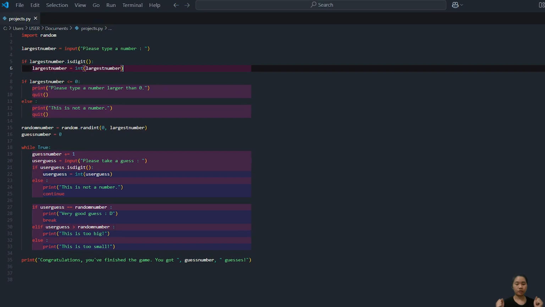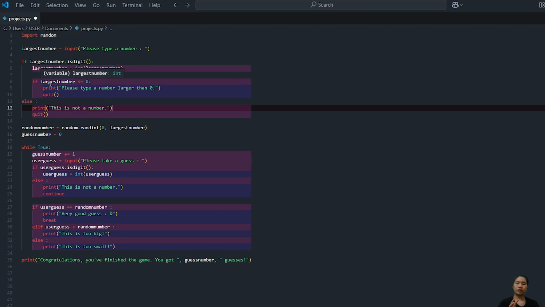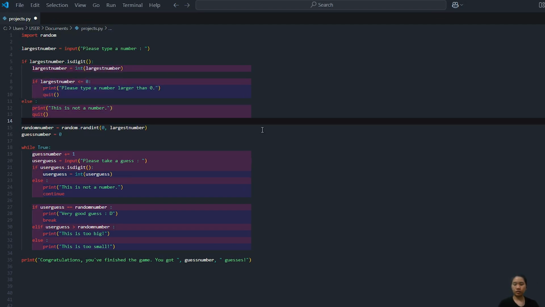Okay, and we're going to try and run this and see how it is. Oh, and I also want to make sure that this is indented properly. Okay, so this if right here is part of this if right here, and this else is separate. So this is nestled within this first conditional. All right,